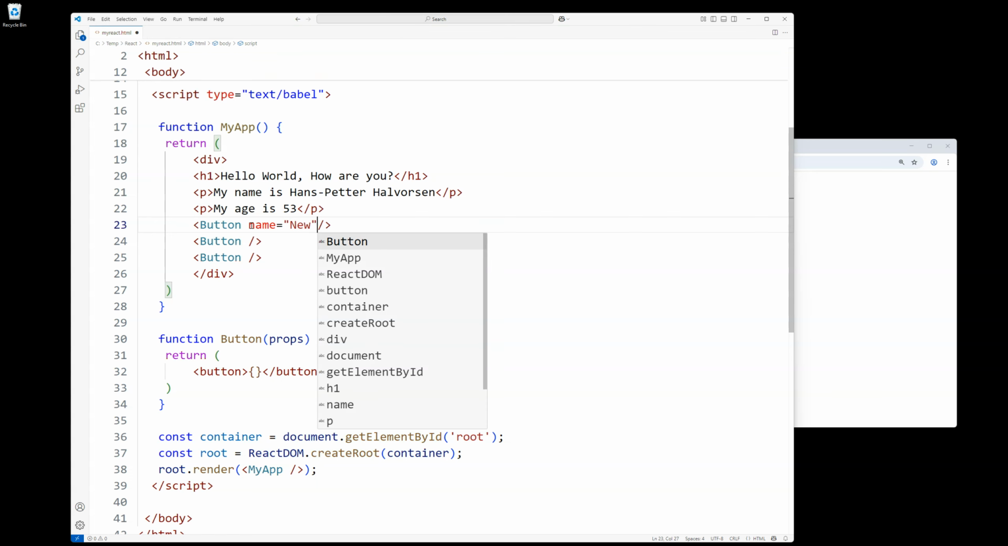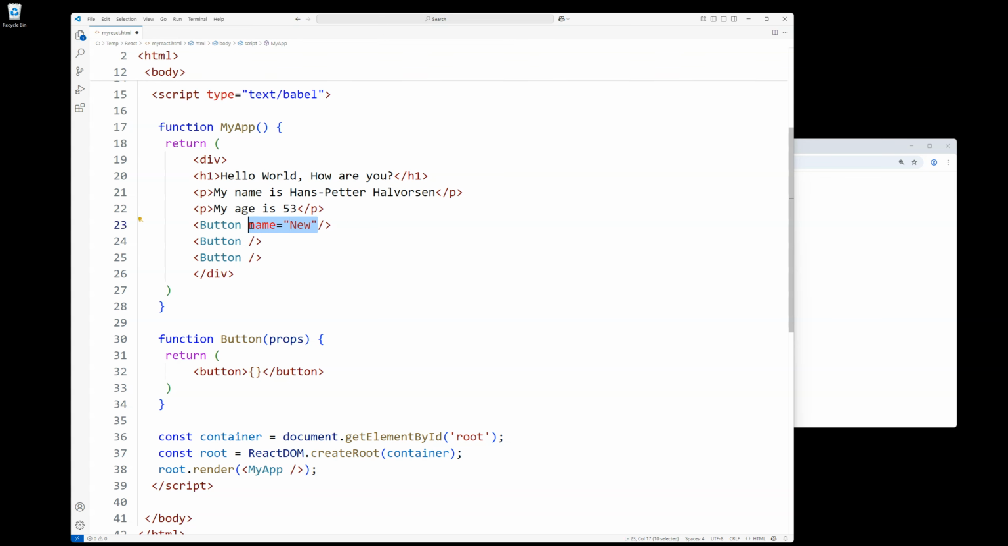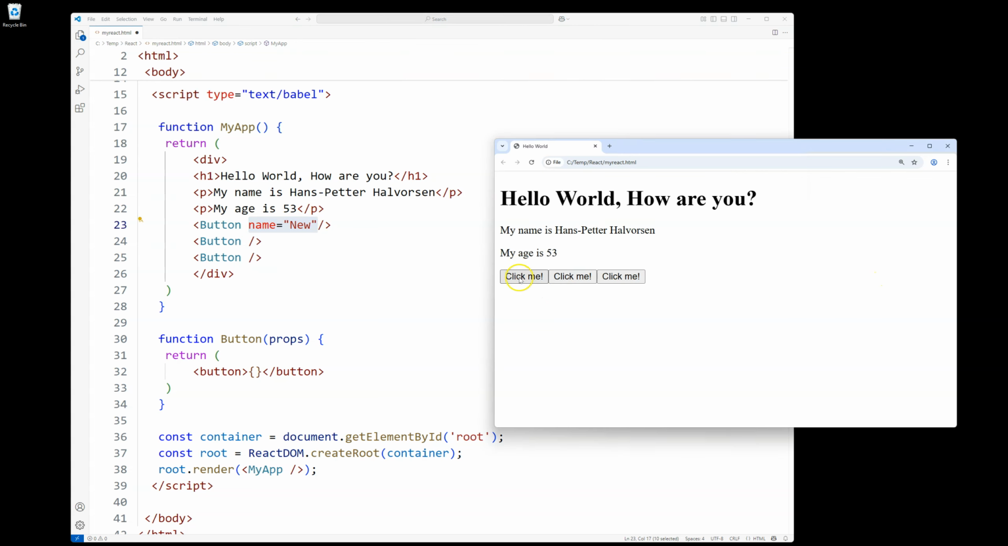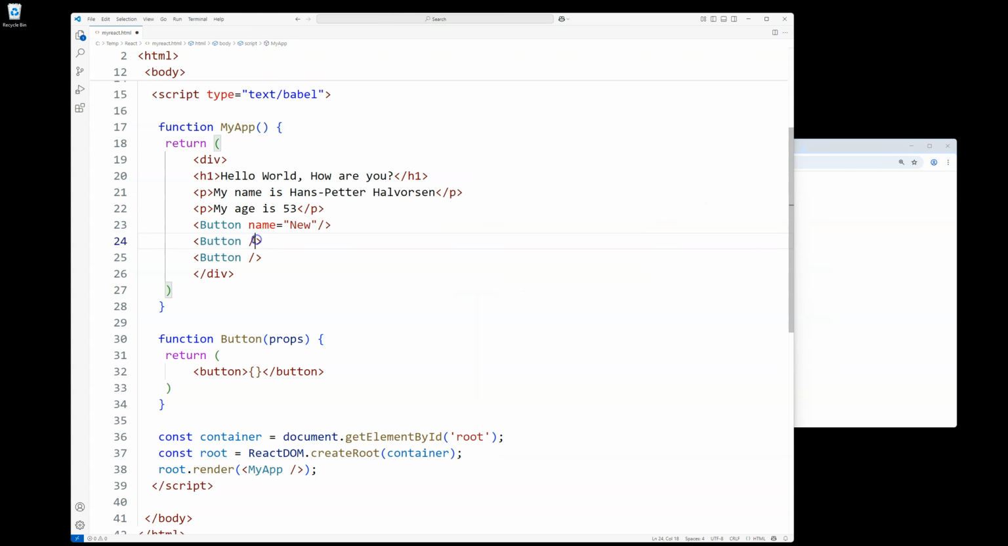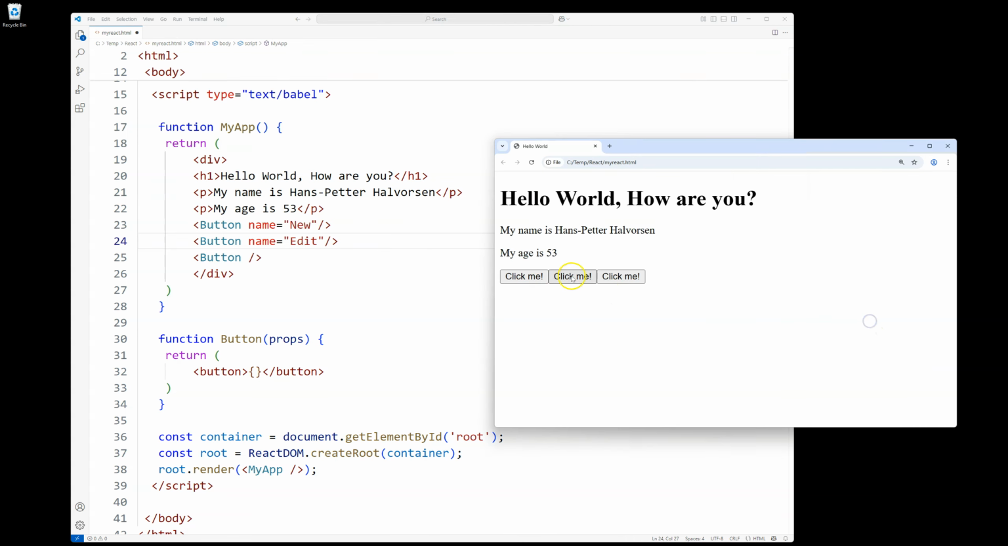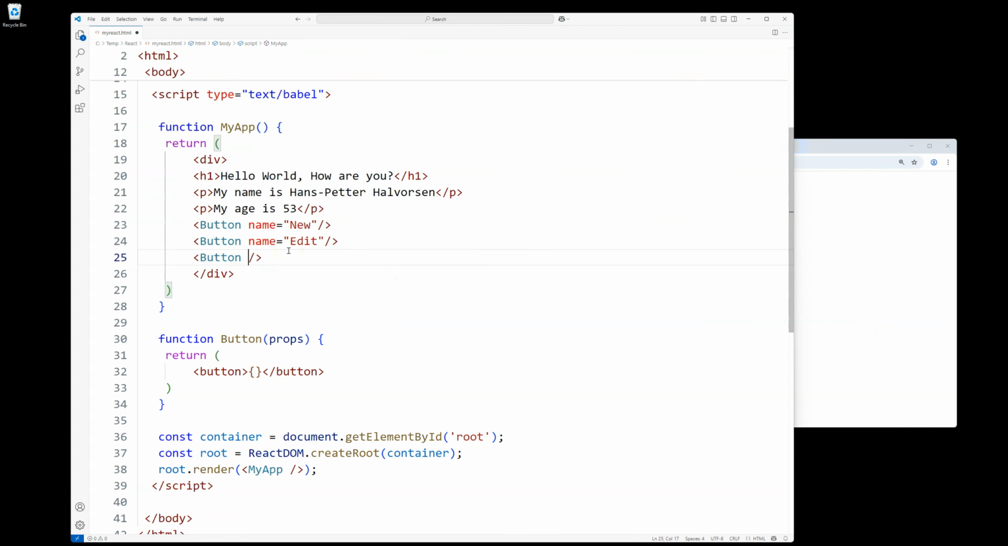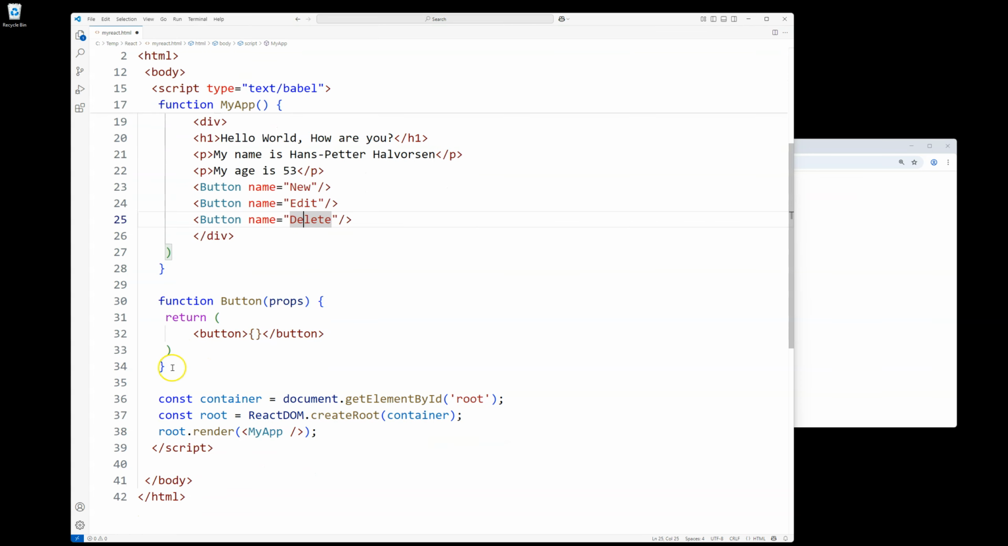Assuming for the first button I want new to be put on the display name here. For the second button, I want to use edit, and for the third button I want to use delete, like this. So now we have 3 buttons, one that should display new, the other one should display edit, and the third should display delete. And then here in the button component we are using props, and then these curly brackets,